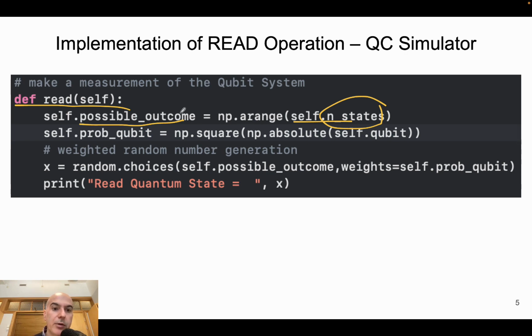So these possible outcomes will be 4. When we calculate the magnitude of the different states of our qubits, we use this magnitude as the weights when we do the random sampling. So we have a random sampling over n possible outcomes, and as the weights of the distribution, we use the magnitude of the state, and then we print here